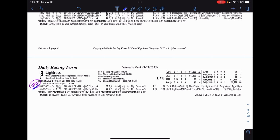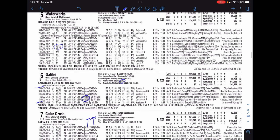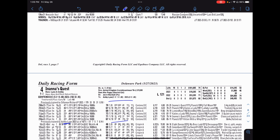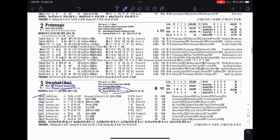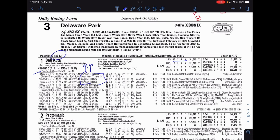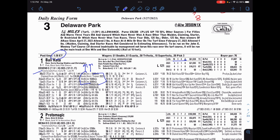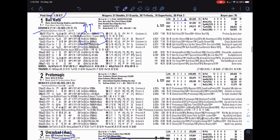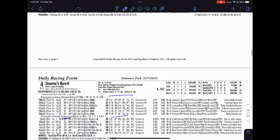Litrus is obviously the horse to beat. She's 2-1 on the morning line. And again, I'm not going to sit here and tell you I know the horse population of the Mid-Atlantic, other than turf fillies on grass, like the back of my hand, but working my way through this field, it looks like a Delaware caliber non-winners one allowance. There's some horses stepping up in class that ultimately have had more races than Litrus, but as far as ability goes,